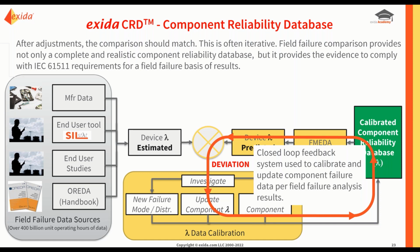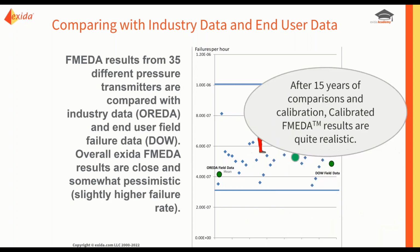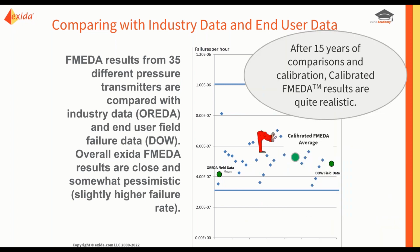We have a whole webinar on this subject. If you're interested, look on the exida website. But I can tell you that after over 15 years of comparisons of field failure studies and FMEDA results, it's getting pretty realistic. Now, the average